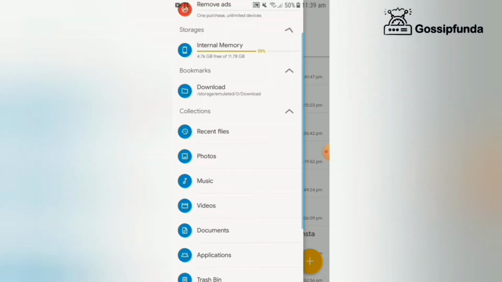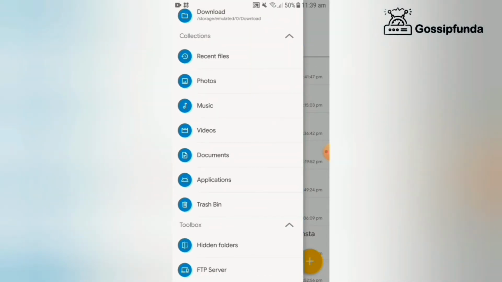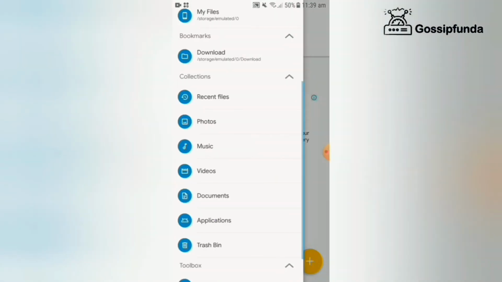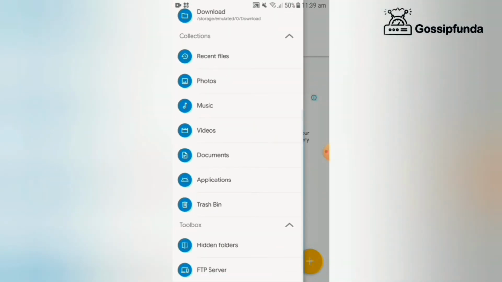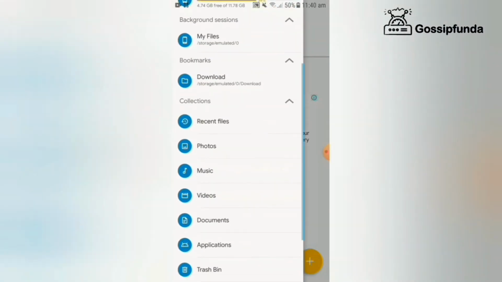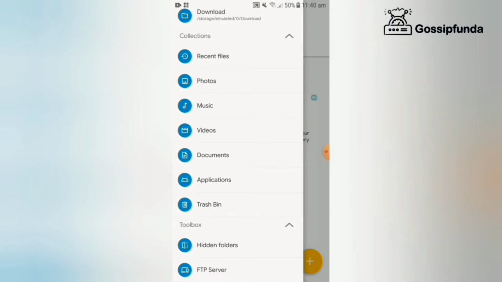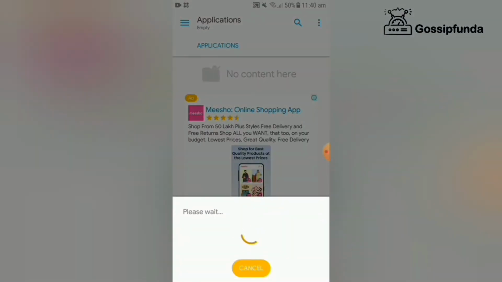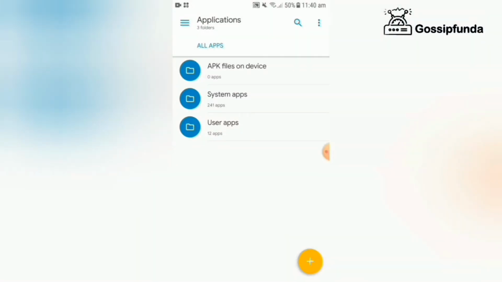In case you delete your file, you can easily recover it from the trash bin. You can hide your files and folders in this. You also get an FTP service in this file manager. You can see your APK files, system files and user files.